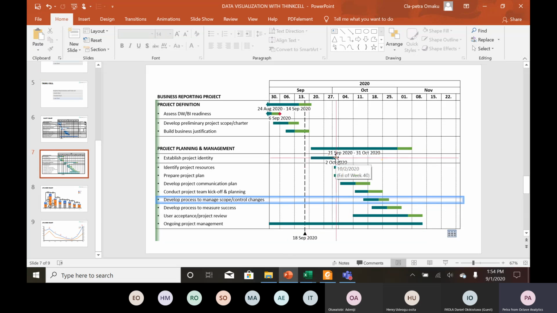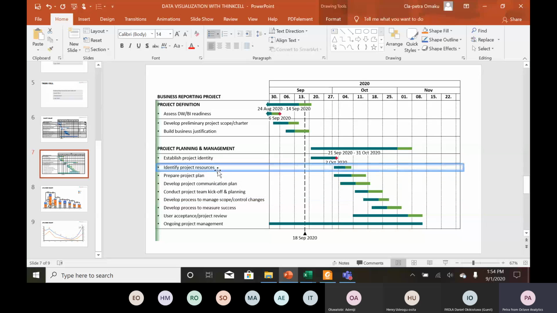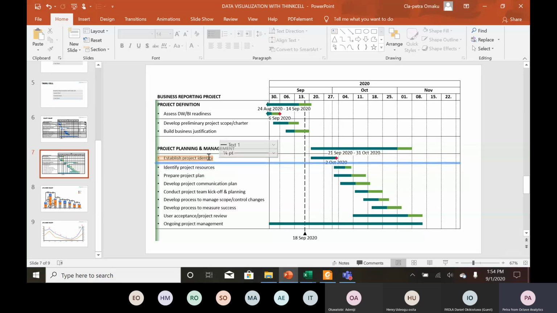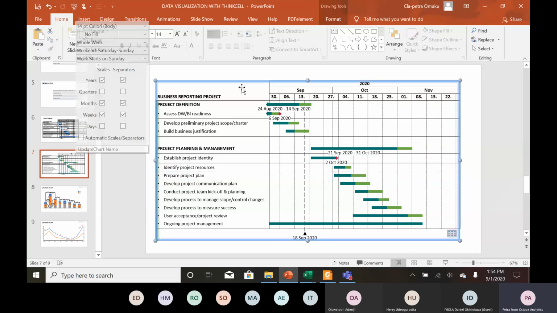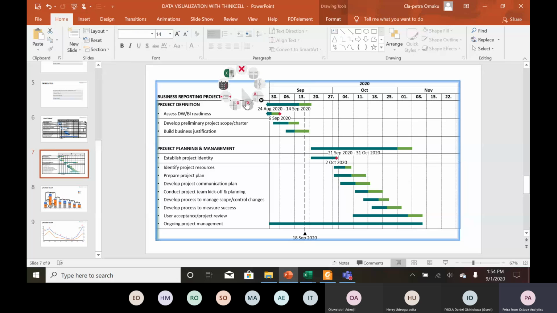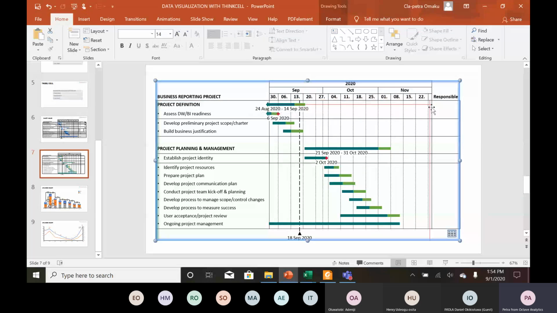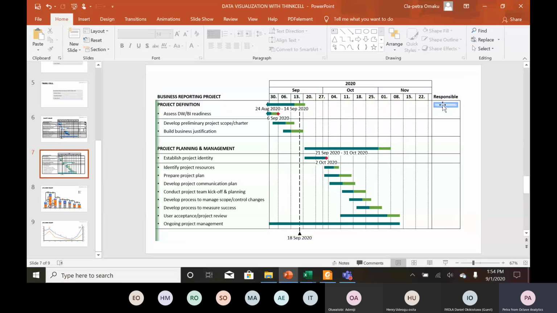Okay, so I basically showed us what I did here, which was to right click on this one to add a row level. Once I do that, it will just add a line to this point, separating this one from the entire list of activities that need to go on for project planning and management. I just separated it because it has a milestone. After all this, we can add responsibilities by right-clicking on this and clicking on responsibility. Who will be responsible for what? So I can say, let me